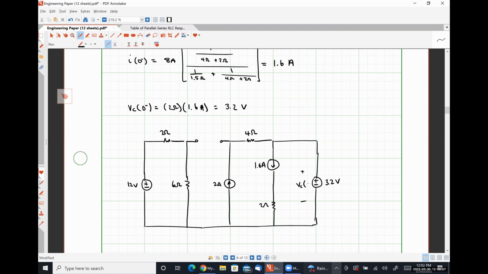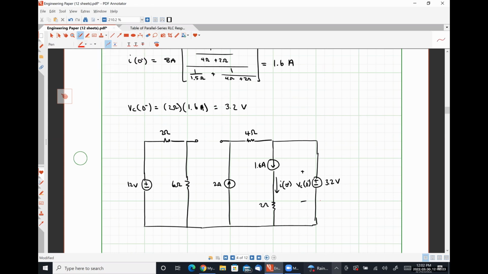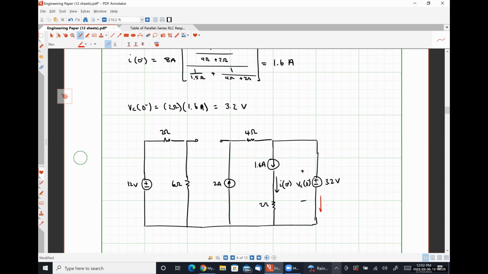VC at 0 minus. Here's I at 0 plus. Now, one thing that we are going to need to do here is figure out what our capacitor current